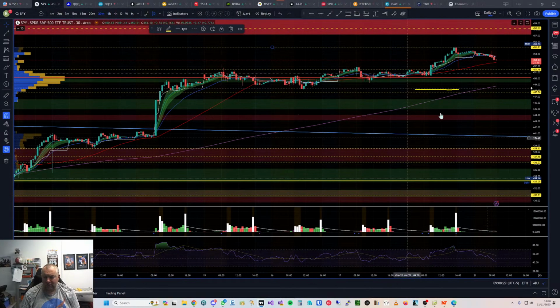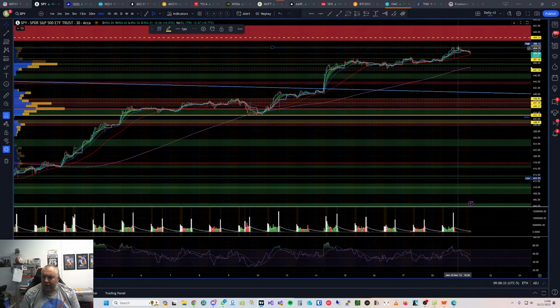SPY, it's very similar. In fact, it's identical. I've got a level in there from yesterday, so maybe a rejection off of yesterday's high. Could also act as a break and retest long as well. So keep an eye on that area. And this area which was once support is now resistance. It was once resistance is now support. So a potential bounce at